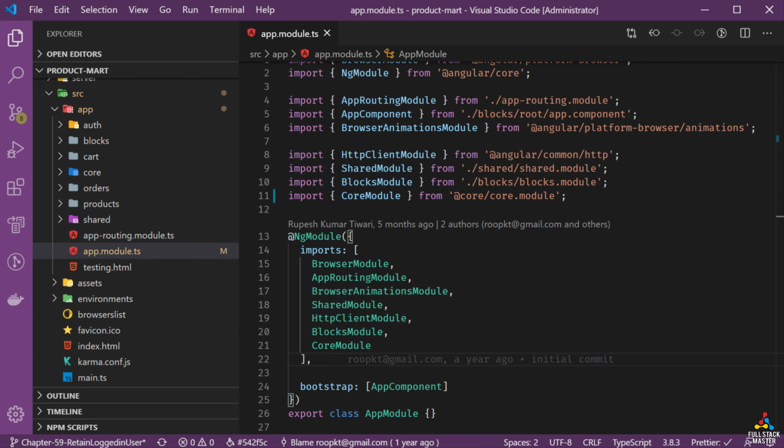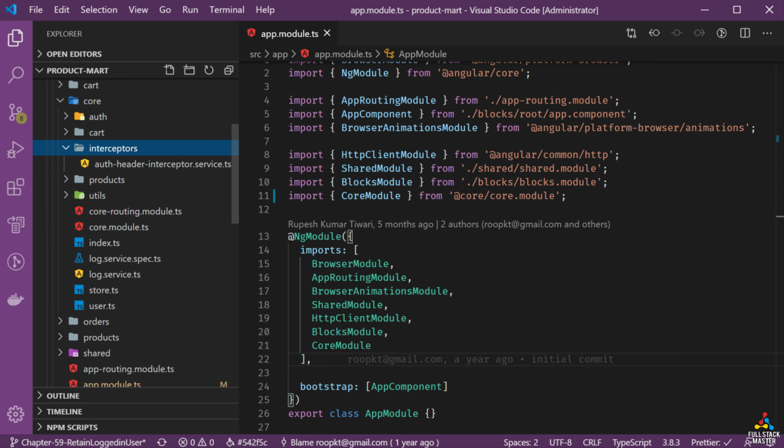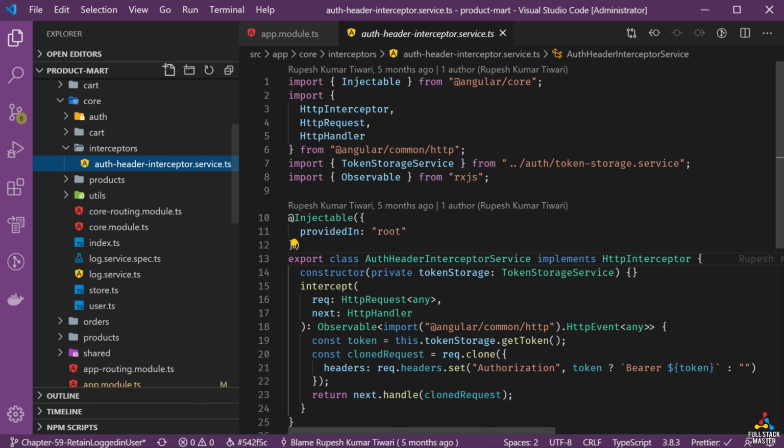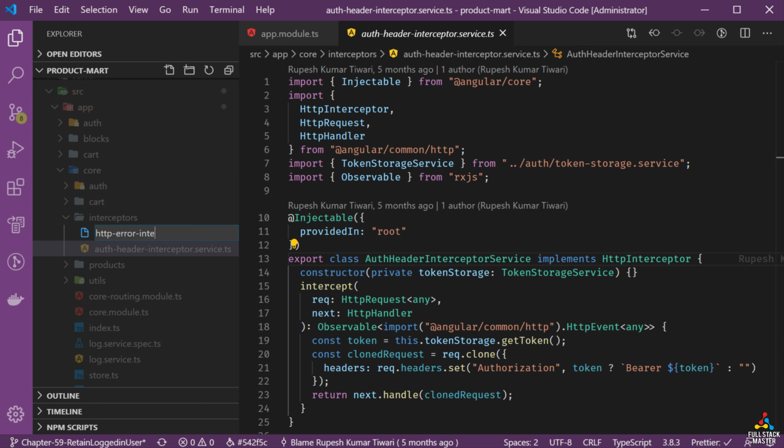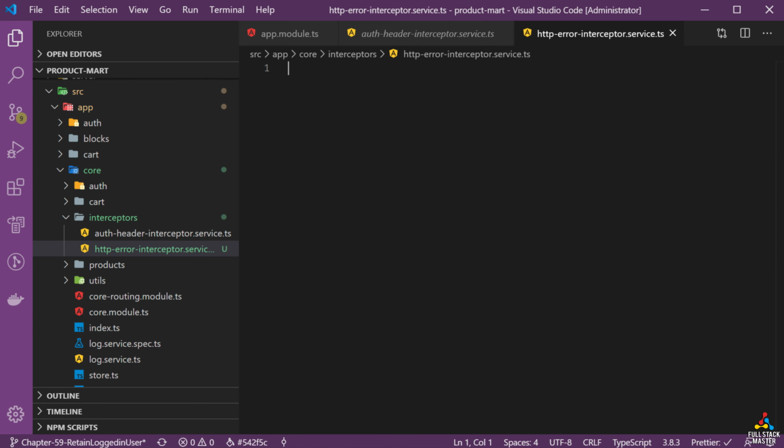You should use the HTTP interceptor service. The HTTP interceptor service in your Angular application will allow you to run your function any time some error is coming. It is just like a decorator service that you would have used in AngularJS in order to catch any global Angular error. In this service, we will check if an error occurred in an HTTP call, then we will use the Angular Material Snack module to show the error in the UI. So let's go ahead and create a core interceptor folder and create a service called HTTP error interceptor service.